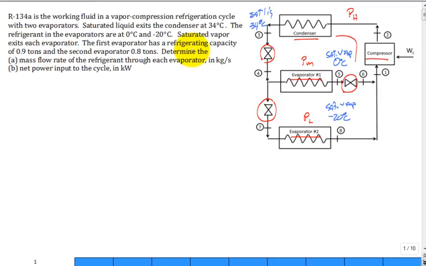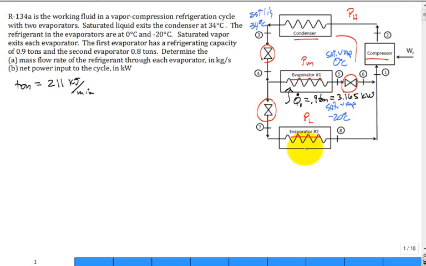The first evaporator has a refrigerating capacity of 0.9 ton. Okay, so ton. What is a ton of refrigeration? 211 kilojoules per minute. So we can convert that rate of heat transfer that's given. This one is what's coming in to the first evaporator. The rate is 0.9 ton, which, when we convert it, let me take a look at my numbers here, is 3.165